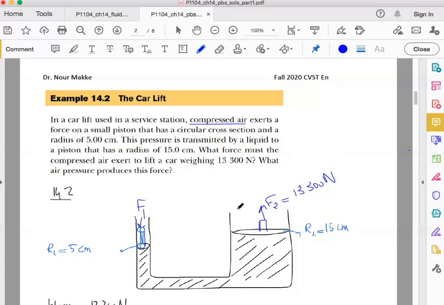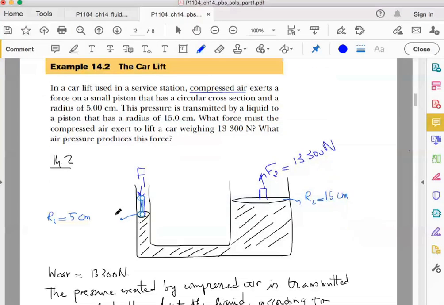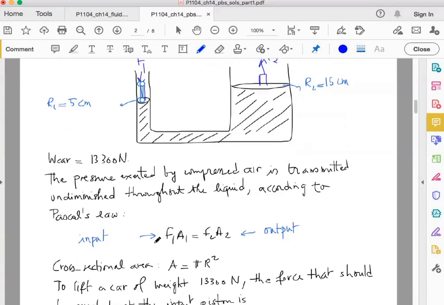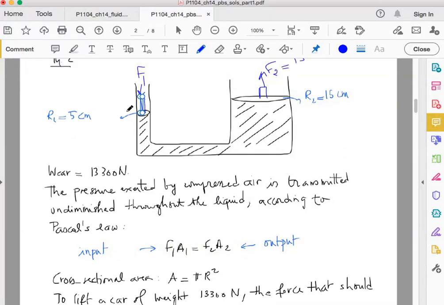So I need to get this F2 at the output. How much F1 should I apply on the input? According to the relation that we derived for the hydraulic press, we know that F1 A1 is equal to F2 times A2. Now we don't know the cross-sectional area, but for a disc, you have to remember and memorize